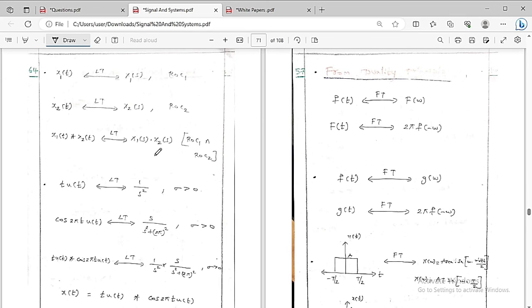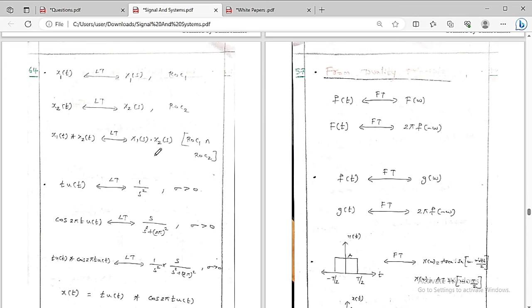Here, let me tell you in detail regarding everything. Suppose for x1 of t, I do the Laplace transform, then we get x1 of s with an ROC 1. For x2 of t, the Laplace transform is x2 of s with an ROC 2. If you are doing a convolution in the time domain, it will become a product in the Laplace domain. So x1 of t convolution x2 of t has a Laplace transform x1 of s into x2 of s